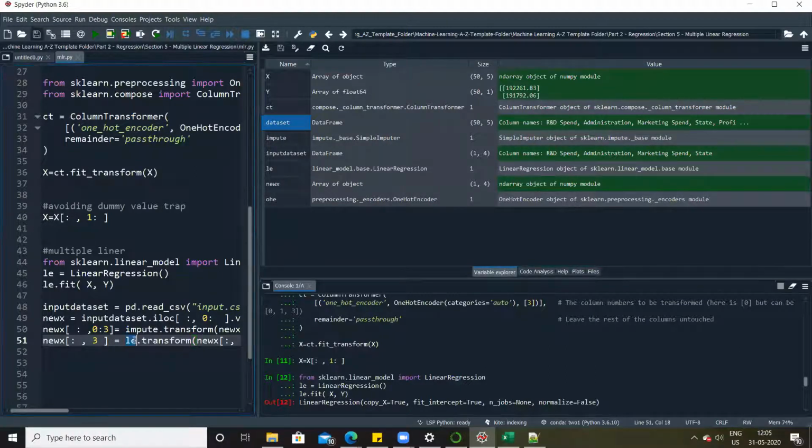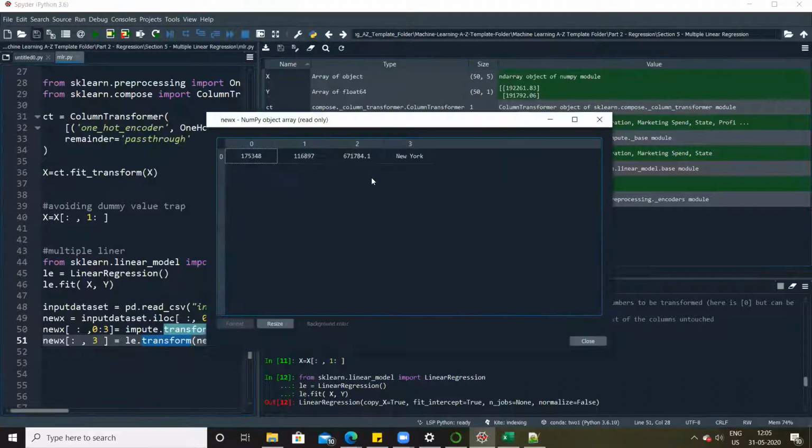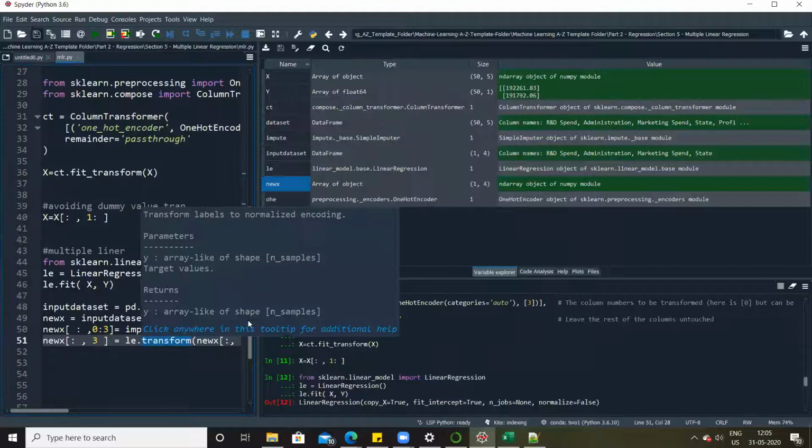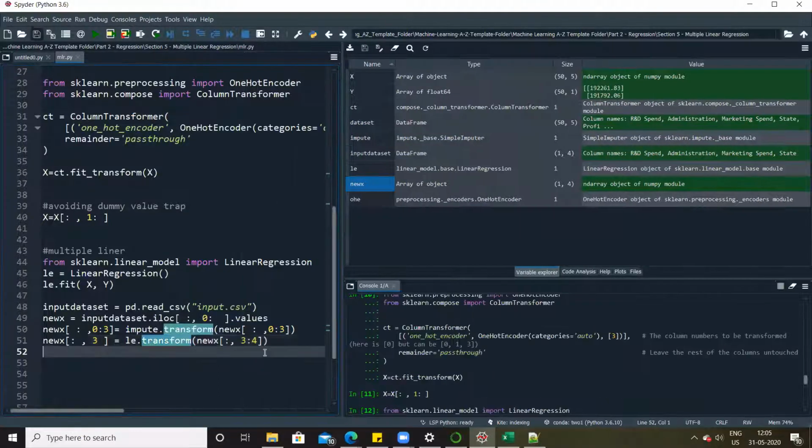So if you use here LE.fit in line number 51, what will happen is it will reassign the numbers. It will now assign 0 to New York, which is wrong, right? According to the old mapping, New York was considered as 2. So we should use the same 2 over here, right? Same label encoding should be applied in this case as well, right? So therefore we have to directly apply here transform and not fit. Why? Because if you apply fit, it will relearn based on the current data, which is a wrong step.